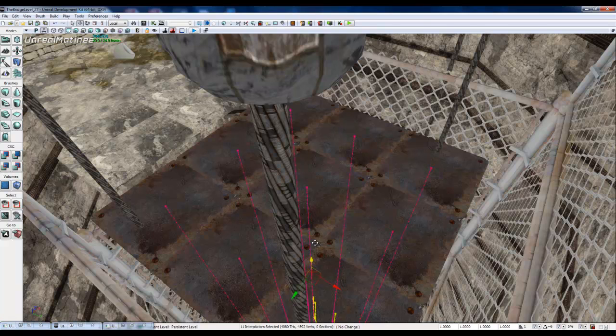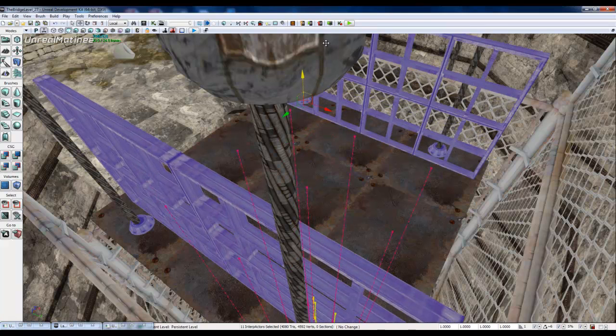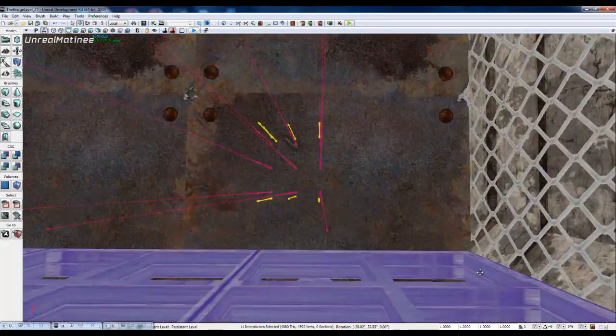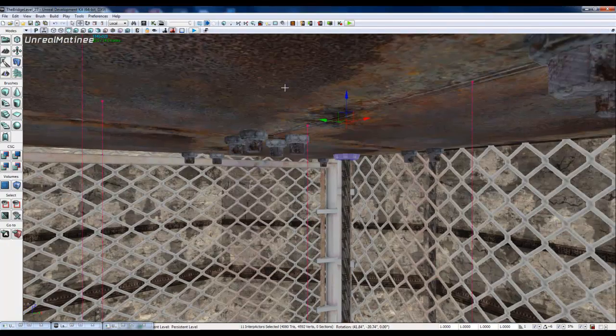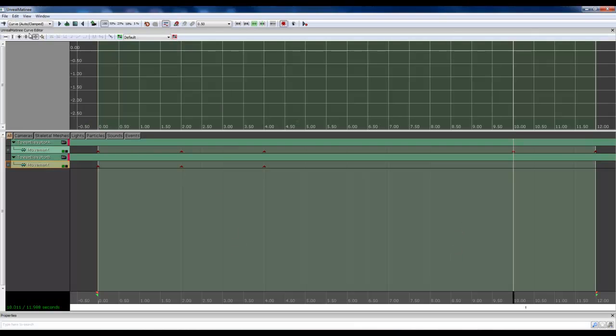Grab that Z-axis. Just bring it right on up. I'm going to get down here and kind of eyeball this. I'm kind of looking at that seam right there. Key that, and then we're going to key it right here too. And that may be a little bit off, so what we need to do is we're going to click on